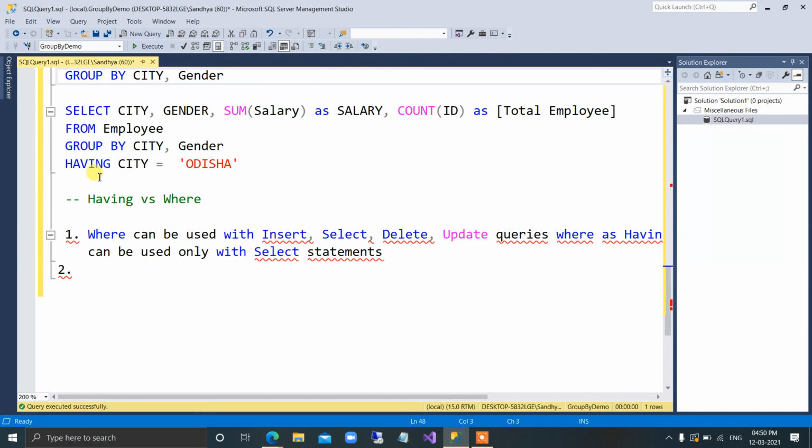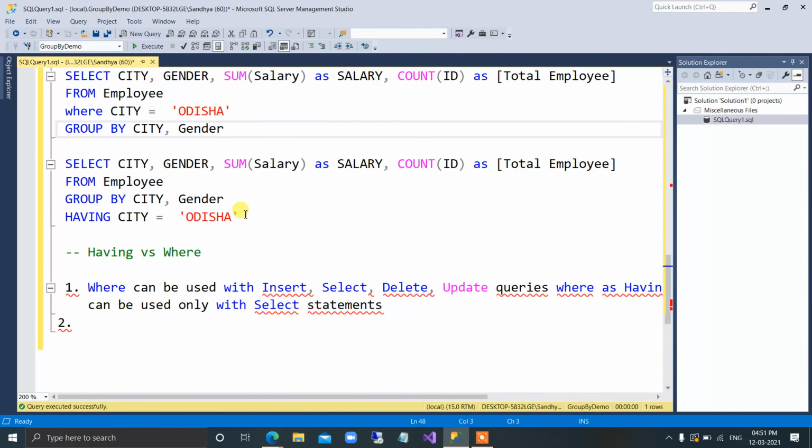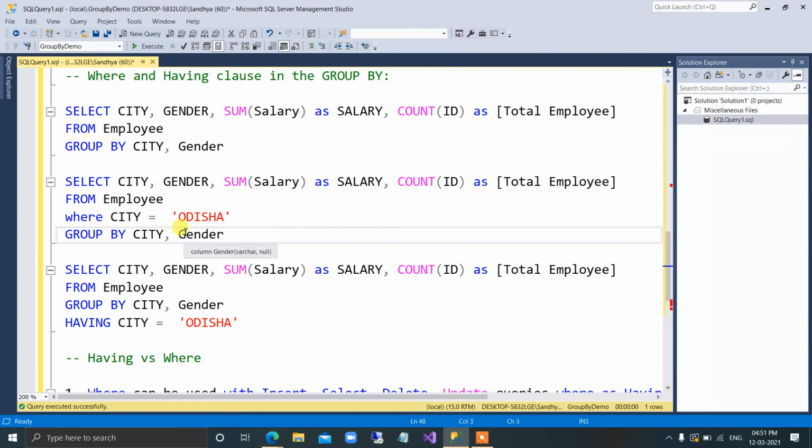Aggregate functions cannot be used in the where clause unless it is a subquery, but in having you can use the aggregate function. This is not so important right now, but keep these two differences in mind. The subquery concept we will discuss once we come across it.